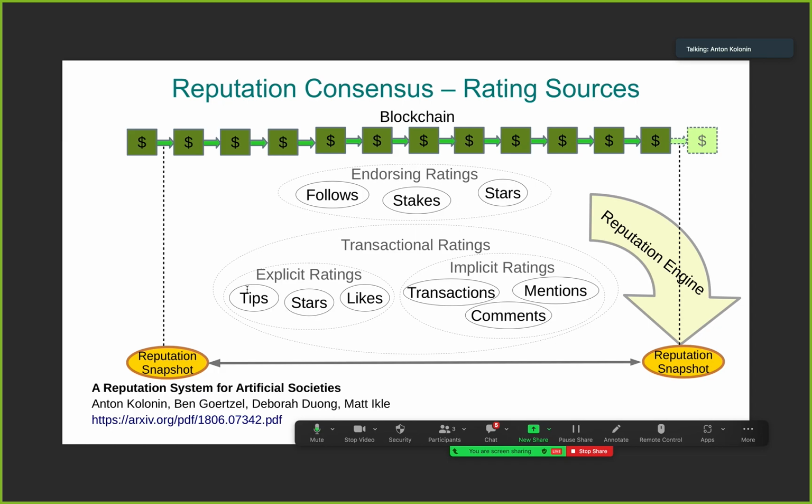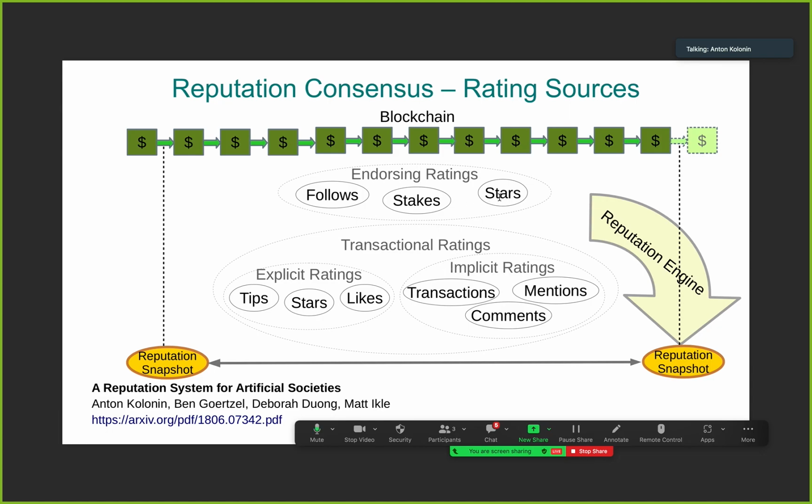So explicit ratings mean that you explicitly provide some bump or boost to the reputation of the account that you are rating. Or there might be implicit ratings. For example, if a system is not designed to use a reputation system, you can still get the data out of the system, like transactions, mentions on social media, or comments, positive or negative, that are given on social media, and you can infer the reputation out of these